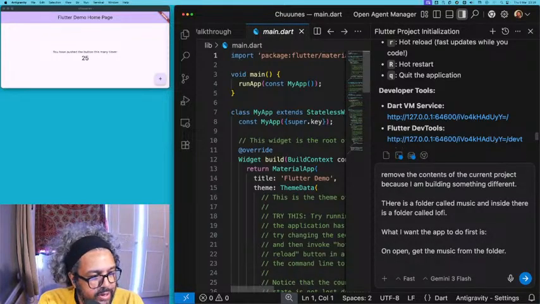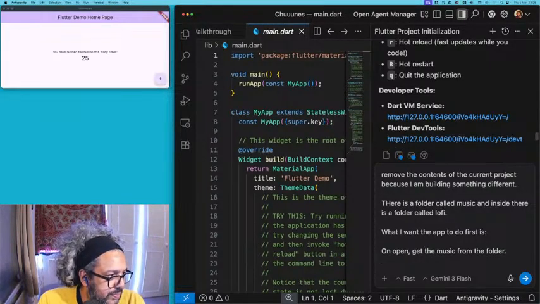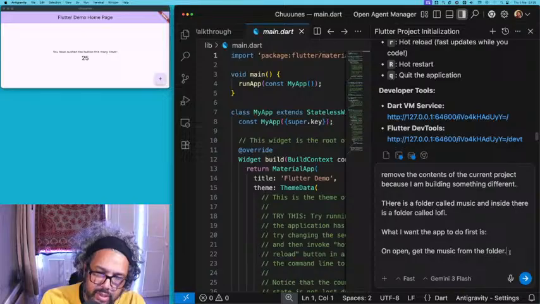I mean, this is vibe coding. I mean, come on. I'm not getting into the weeds here. So get the music from the music folder lo-fi,